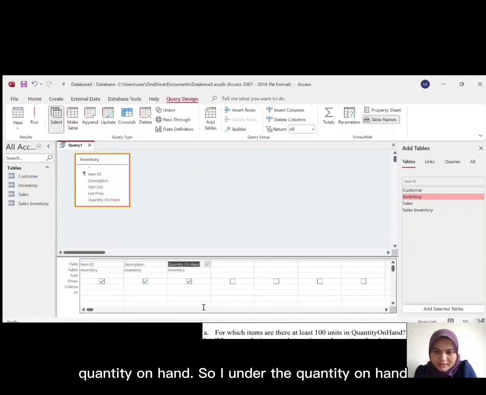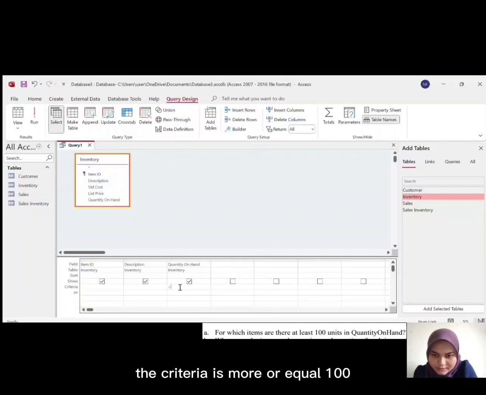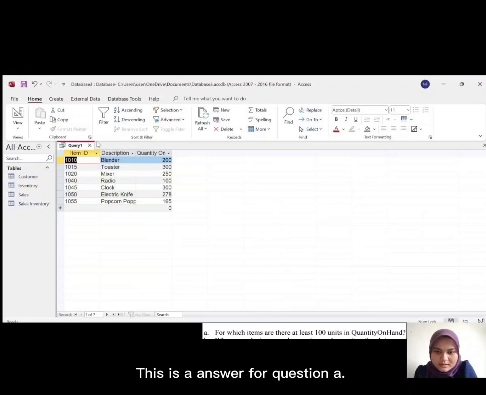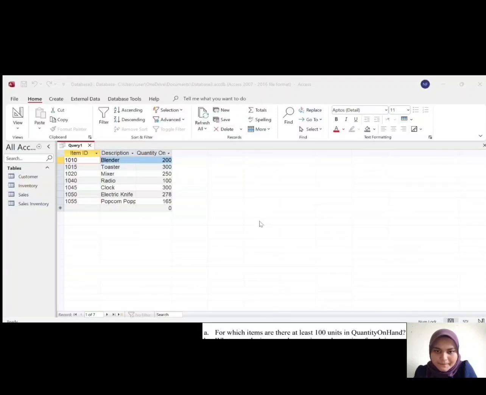So under the quantity on hand, the criteria is more than or equal to 100 because the question asks for at least 100 units. So this is the answer for question A, and then you need to name this table A.